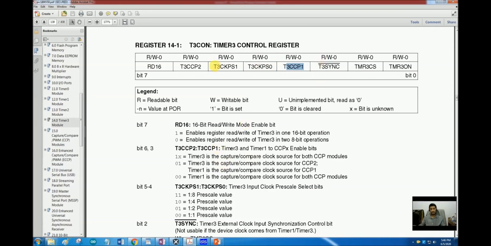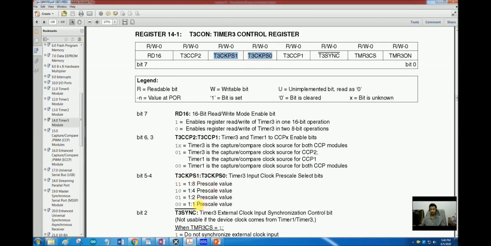And then we have the timer 3 prescaler bits, similar to timer 1, and we can choose between 4 prescaler values by selecting any combination of these 2 prescaler bits, and those prescaler values range from 1, 2, 4 and 8.